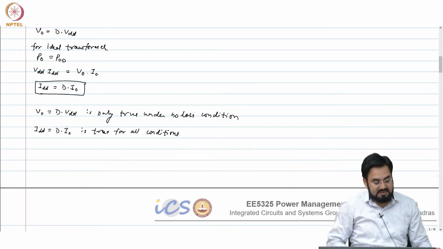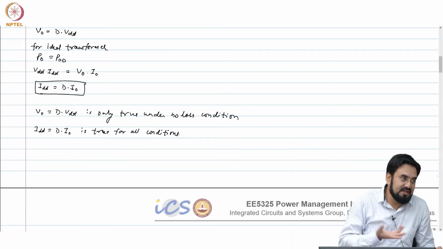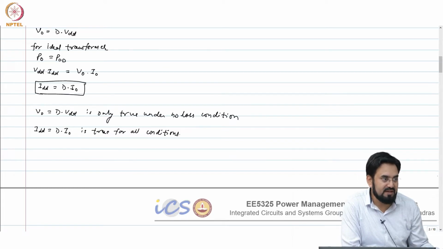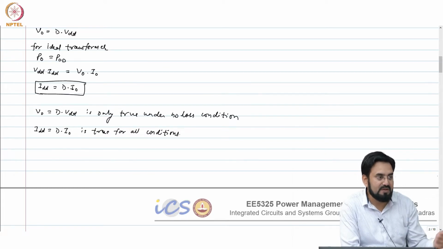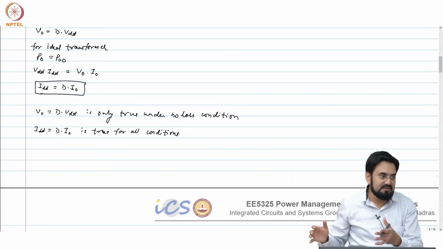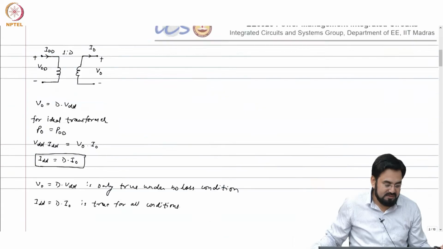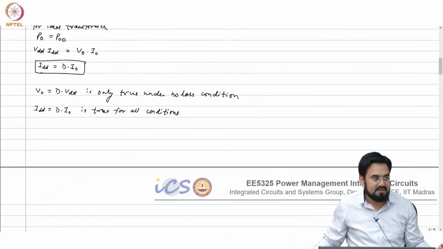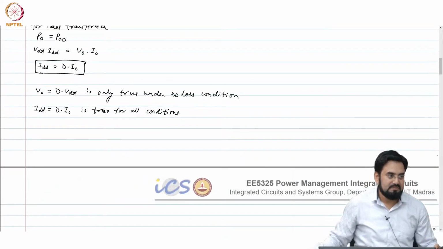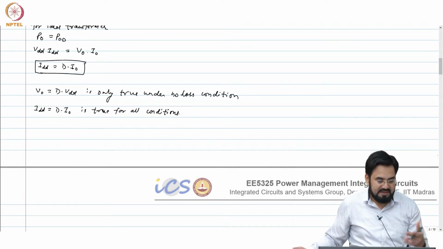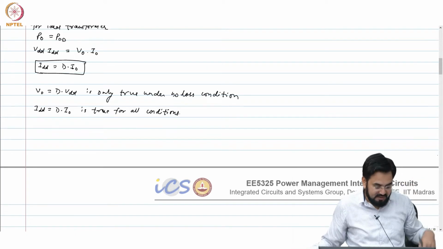Okay. So, it does not matter what the actual duty cycle is, your current will automatically get scaled. But when you look at the voltage, you drop the voltage in the resistance, the power stage losses, and that is why your voltage is not the ideal voltage, it gets subtracted. But current will always be the same, irrespective of whether you are looking at a no loss duty cycle or a duty cycle under losses.